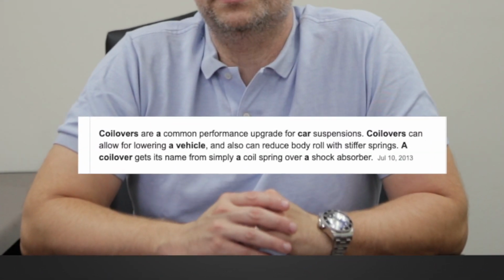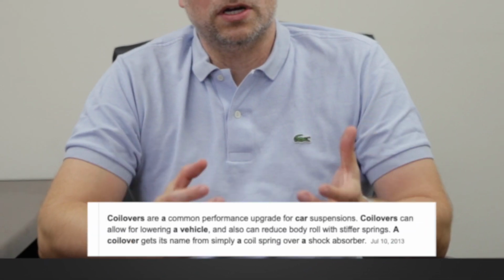Alright guys, on today's episode, I do apologize, maybe we can do another one for the off-road and ATV. This is specifically for the sports compact and the guys who are running coilovers. If you don't know what a coilover is, it is a fully adjustable spring and shock combo. I'm going to go through them in price order, from least to most expensive, but not that expensive, under $1,200,